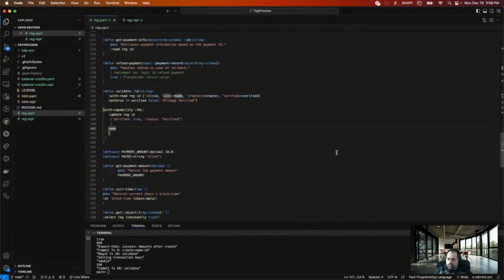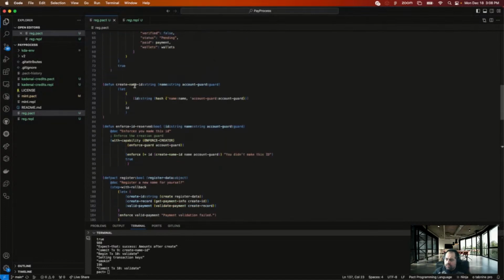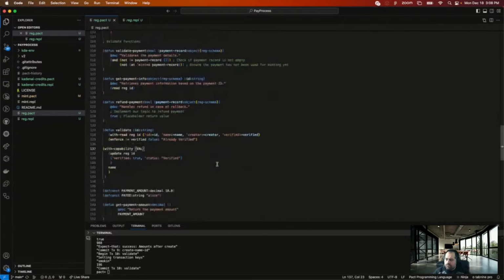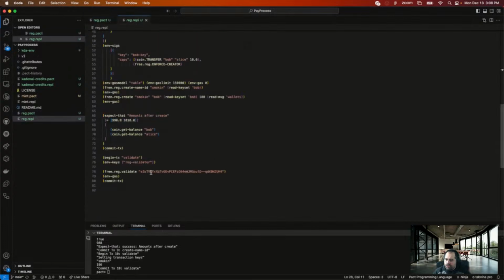All right, so let's think about this for a minute. Get rid of some extra stuff that's open. All right, so val is a guard, validator. So am I validating here?